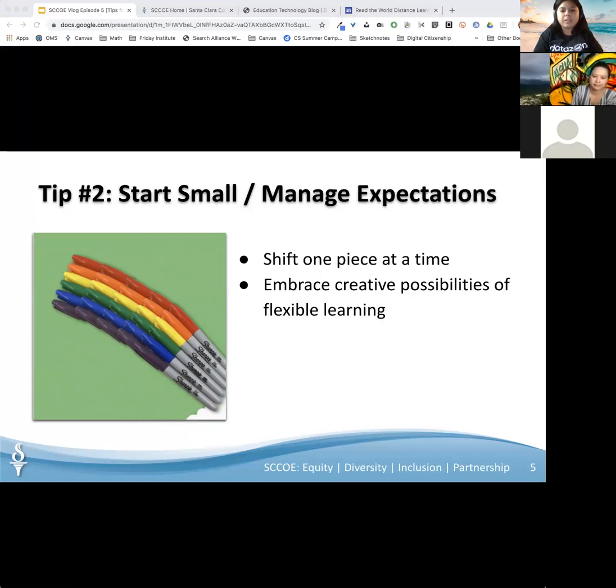Our first tip is to shift one piece at a time. So if you looked at your daily schedule that you would have had if you were teaching face-to-face, what's an easy piece that you can turn into an online task? So in one of our episodes, we mentioned that a lot of teachers are doing online read-alouds. So that is one small piece that a teacher can start to shift to an online